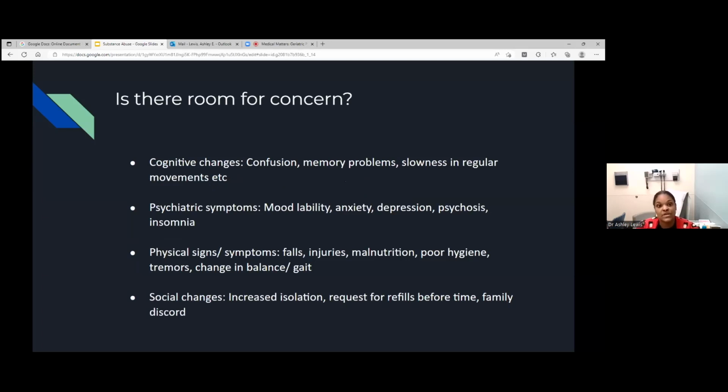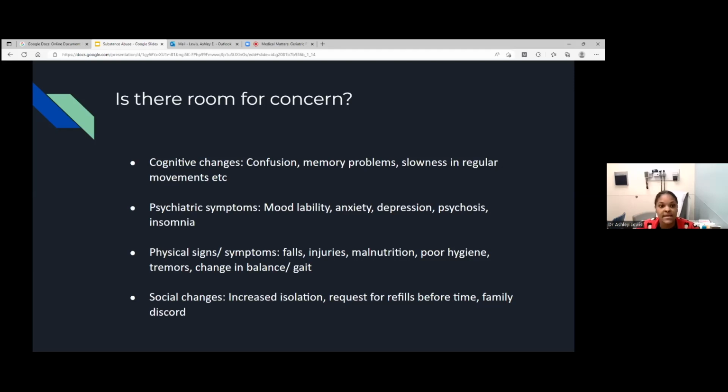Is there room for concern? Because just having a drink socially here and there does not mean that you have a use disorder. So is there something to be concerned about with the amount that you're intaking of the different substances? If you're having long-lasting